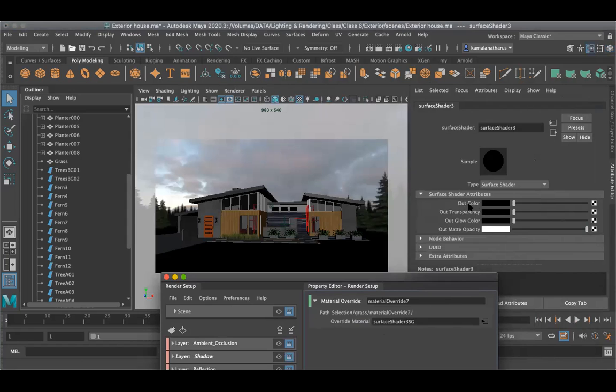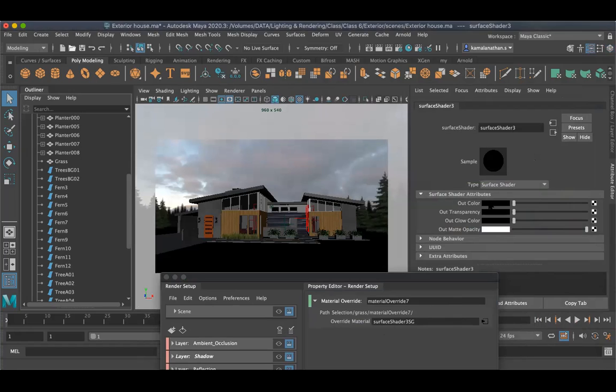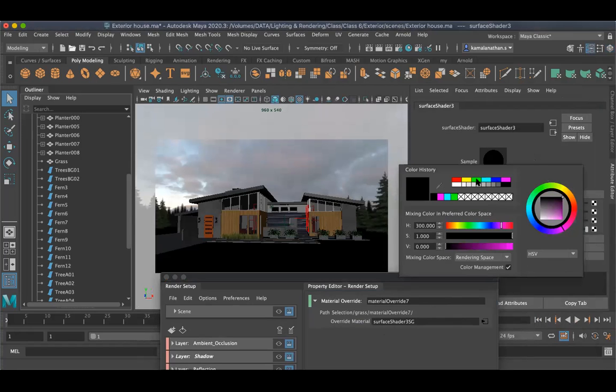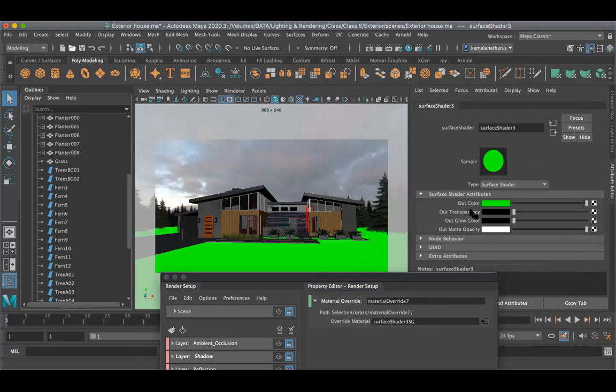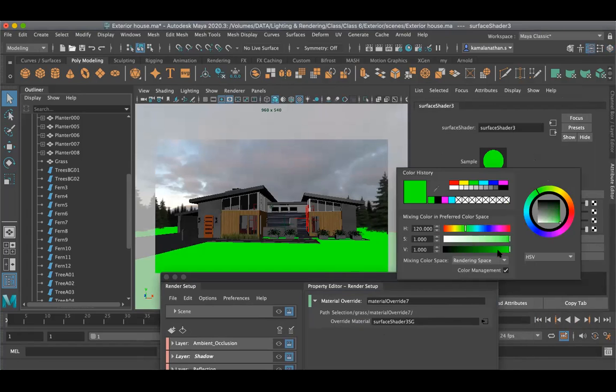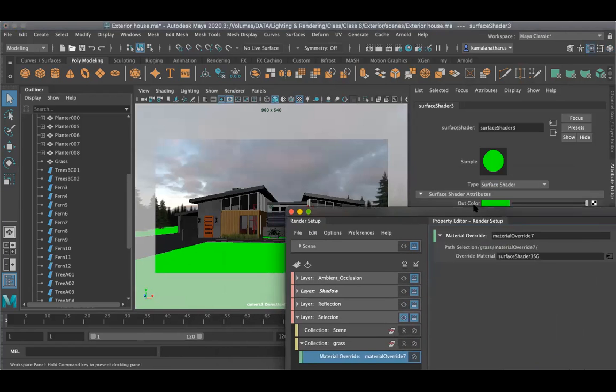Now I'm going to change this black color to green color. Just click on this color swatch and change it to green. I'm just going to use the default color. If you want, you can change to any color. You can select from here, or choose from the color wheel. It's up to you, you don't need to work with the same color. To understand the region, I'm working with a relative color. Grass means green color, so I'm working relatively.